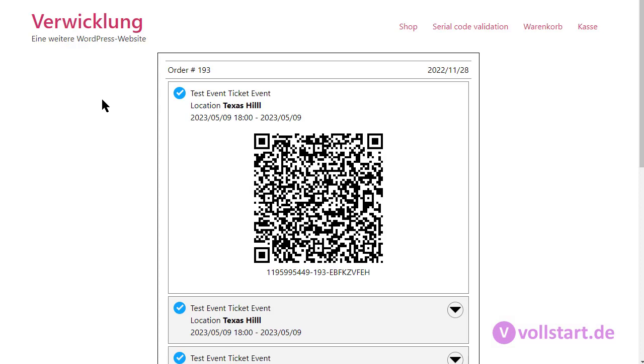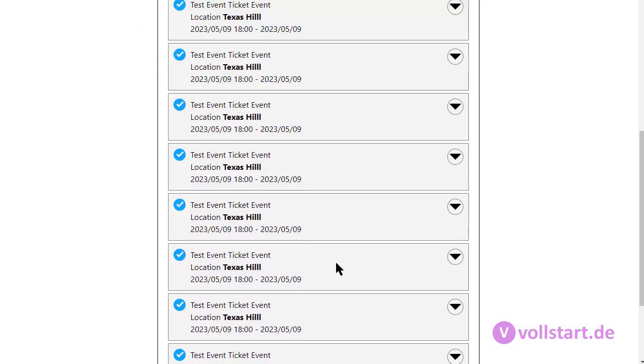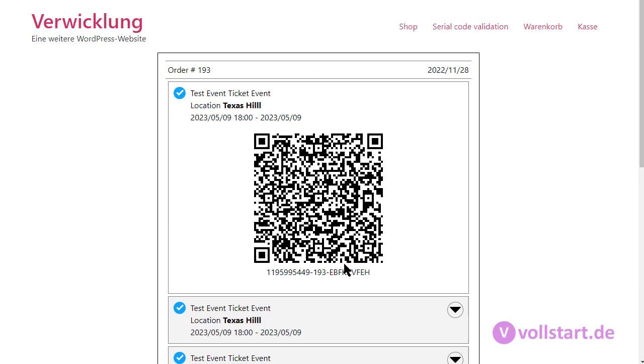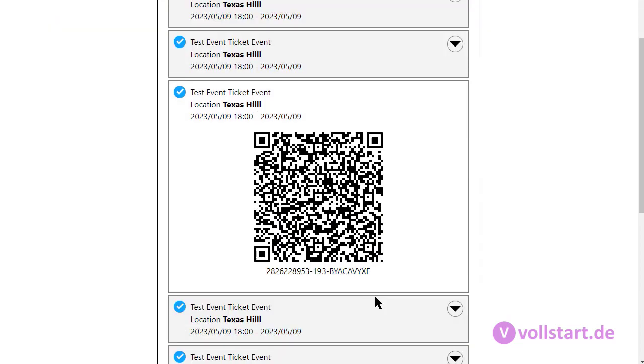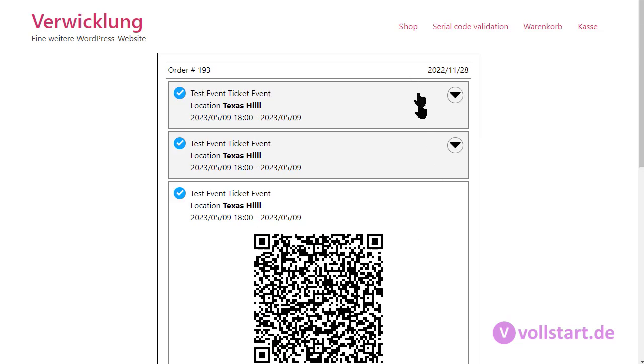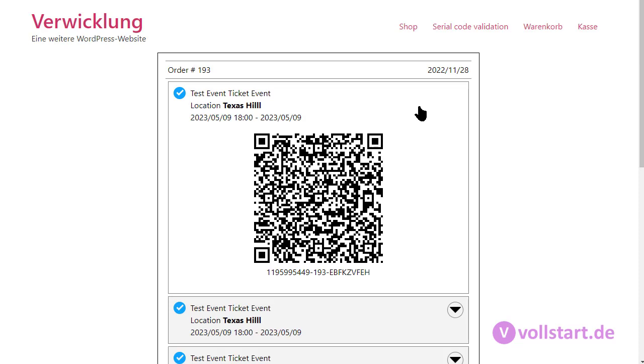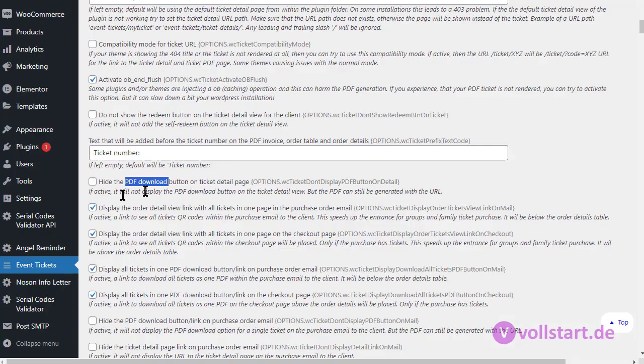This is the order detail page, and if they buy more than one ticket, they have on their mobile phone just this version, and they click scanning, next, scan, next. And then this allows them to be really fast at the entrance, and that you're not fighting with opening a new PDF, opening the other PDF or so. I strongly recommend to display the order detail view link for them. You can display the order detail view link with all the tickets in one page,